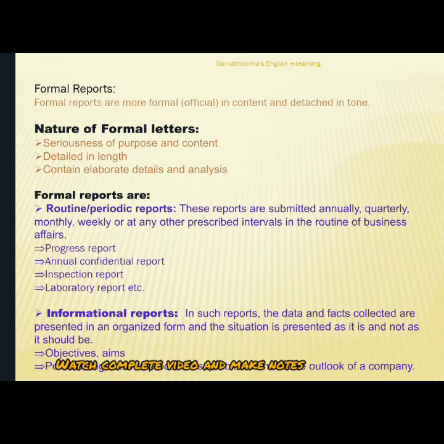For example, we can see in our campus the objectives or aims of our college. Okay, which objectives can we see in our campus? Aims, what are the aims? Okay, policies, regulations, any new policies or any regulations which should have been made by the government or any institution or any organization. These all are the best examples of informational reports. Okay.